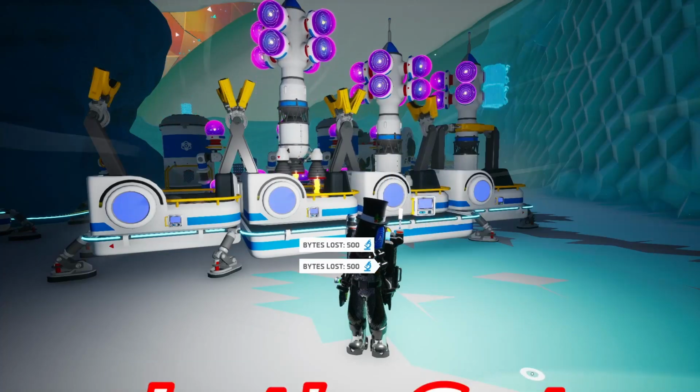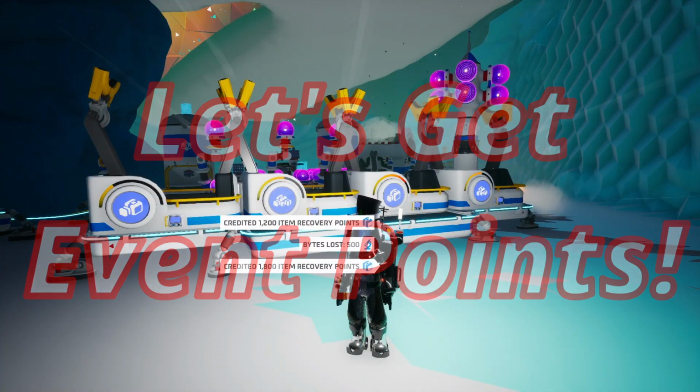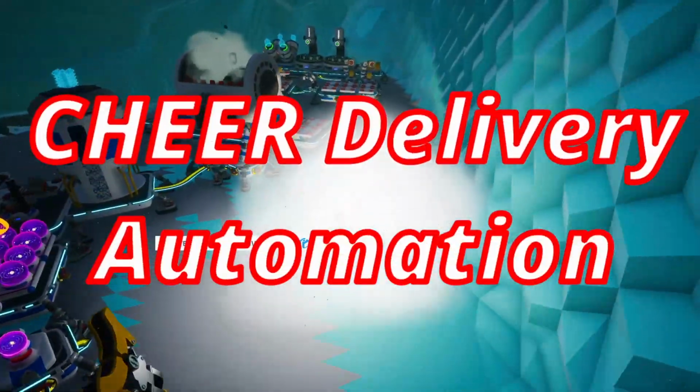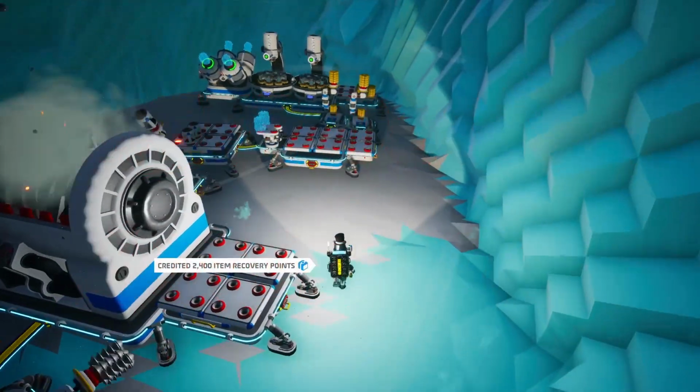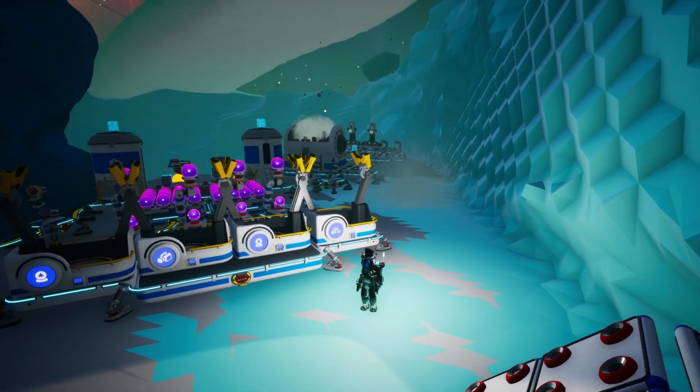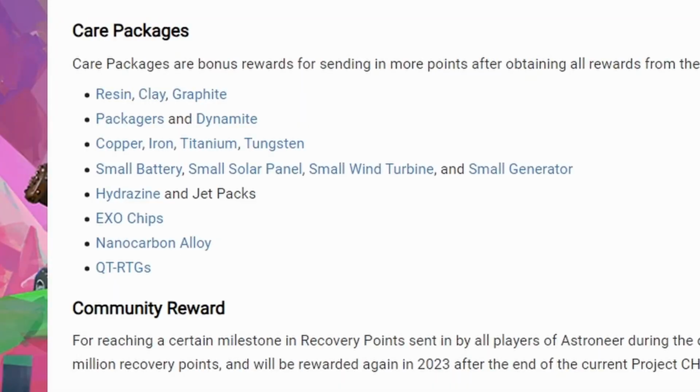We are gonna get so many points using this, and we'll get a ton of cool rewards. Oh, don't mind me, I'm just using my awesome automation contraption right here to complete as many secret tiers from the cheer event as possible, and I'm hoping to get a ton of cool rewards. I'll walk you through the entire setup, but first, let me show you what kind of resources we can expect